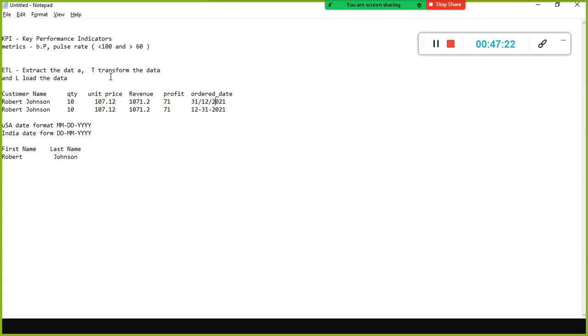Now you understood, right? As part of extracting the data, your manager has given you the data. Let's assume that way. He has given you 2 Excel files, fine. But when you go through the Excel sheet, you see that there is no column for revenue, and profit is available. Since you know the formula, you are deriving it. You are creating a new column. You are transforming the existing columns with the name of a different column. This is called transformation.